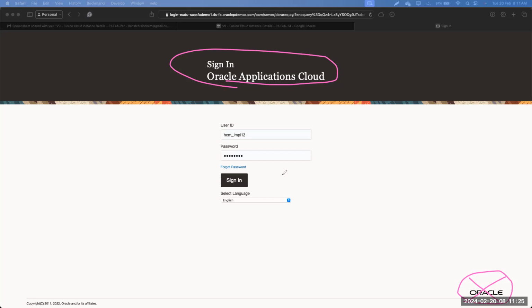Okay. That's one thing we have been requesting Oracle for a very, very long time. And Oracle, for some reasons, are very keen that they don't want to allow people to customize this login page. But there are certain instances, certain customers, where they will have one more box here. So, let me just open one of my other customer instances.